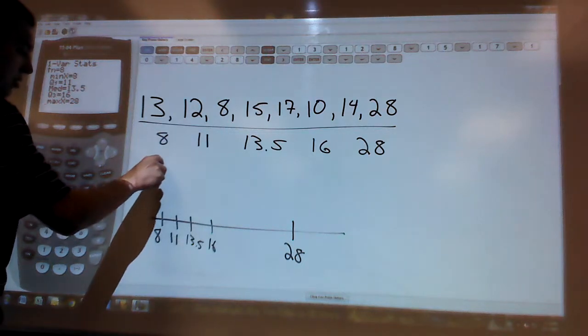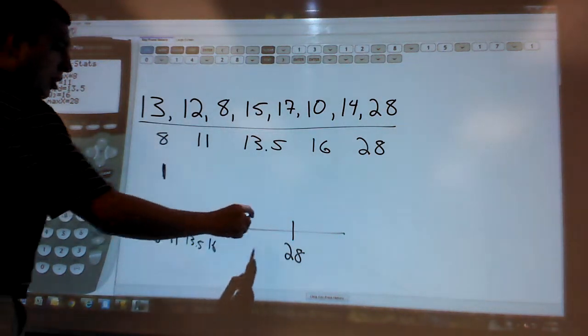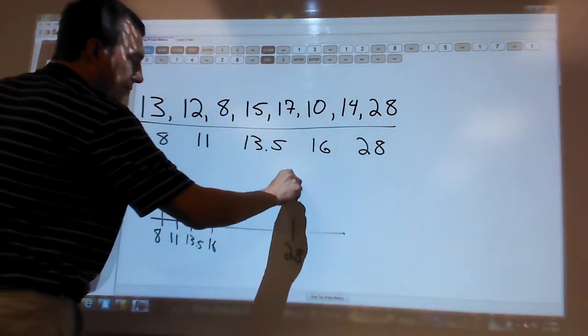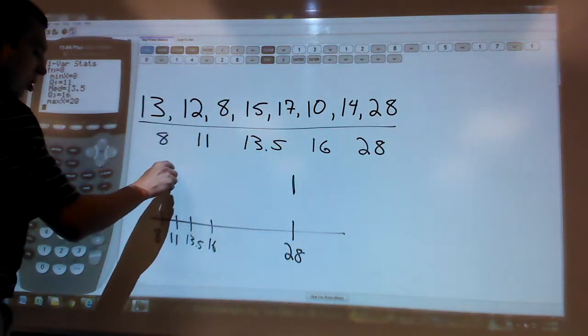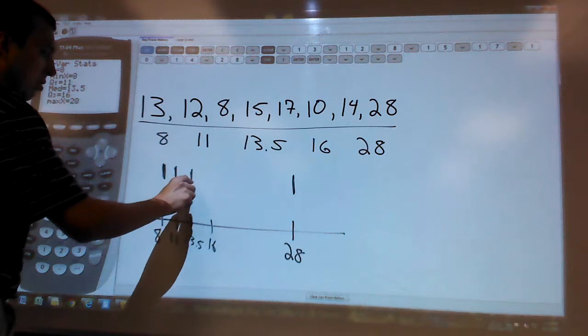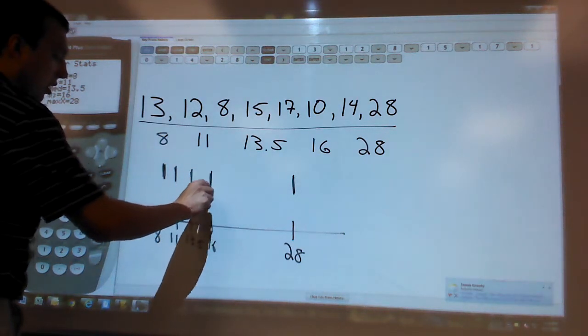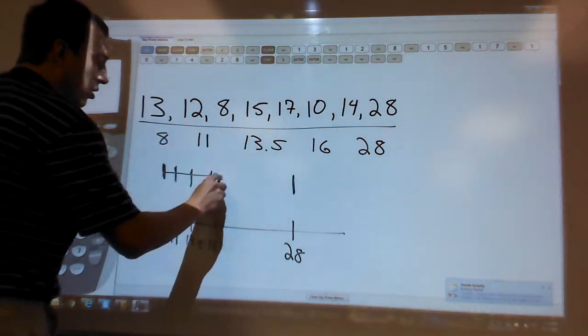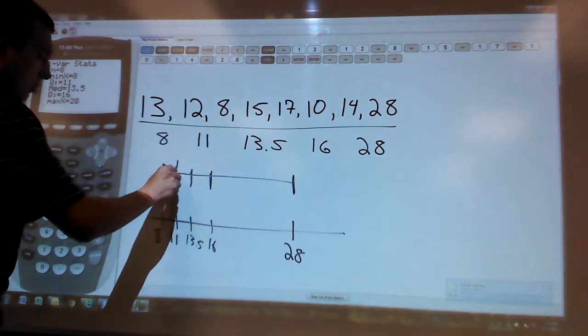The 8 represents the minimum number, 28 the maximum, 11 is quartile 1, 13.5 is the median, and 16 is quartile 3. Make our box,